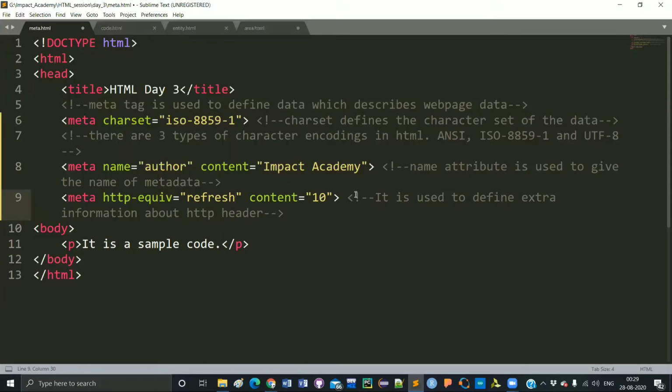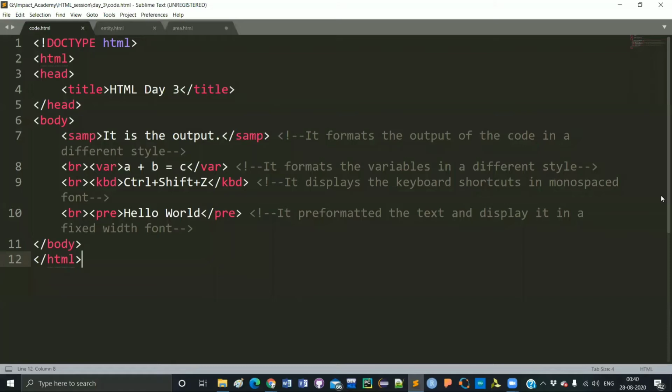I hope you guys understood it. Here I am going to discuss some different tags related to computer code. Suppose you have a website related to computer coding, and you write a coding solution and upload that solution to your website.